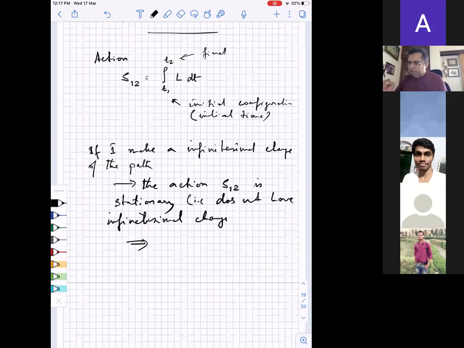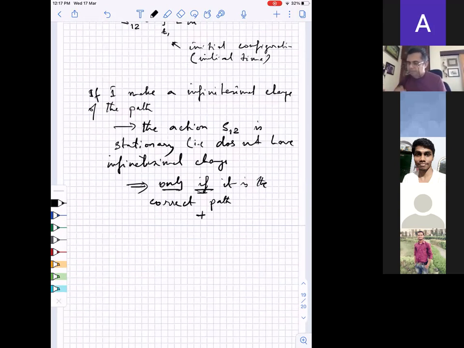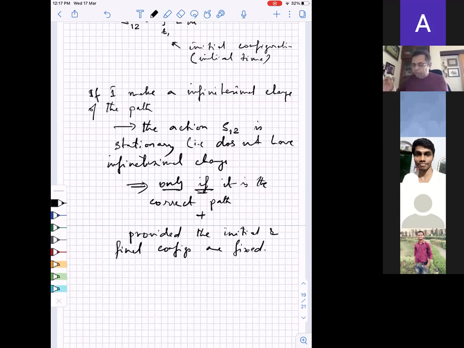It depends only on whether it is the correct path, plus provided the initial and final configs are fixed. Okay. So we have to carefully remember this thing, that this gives the equation of motion, the correct path,